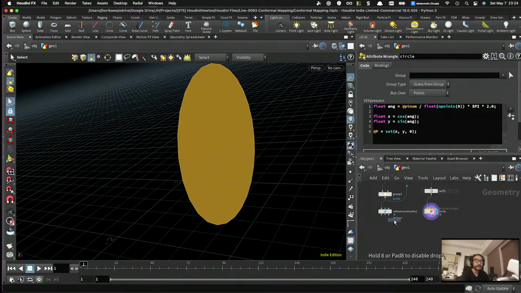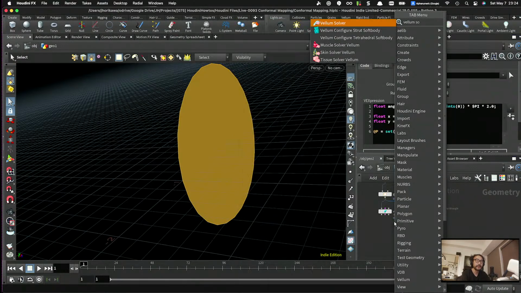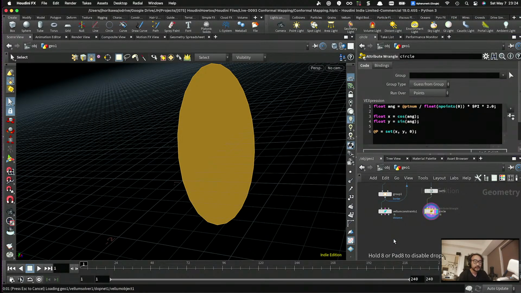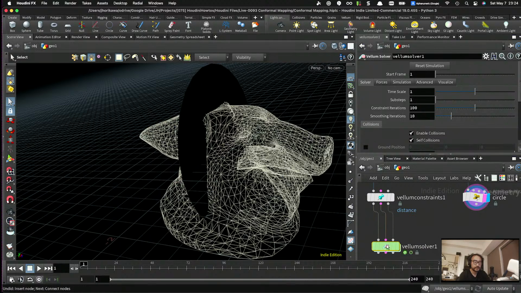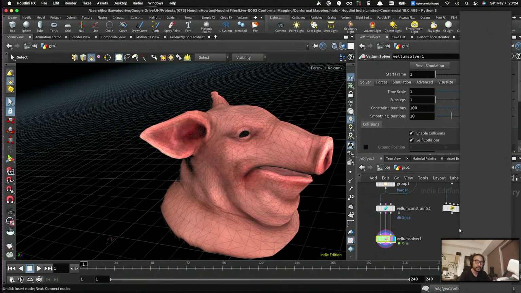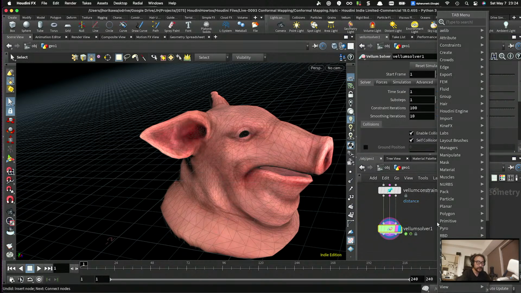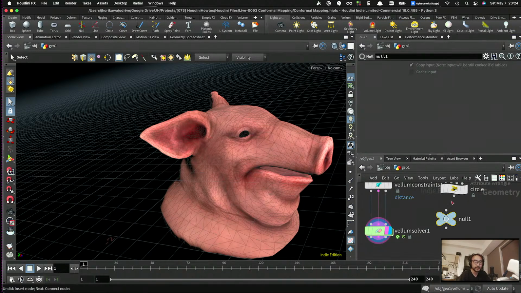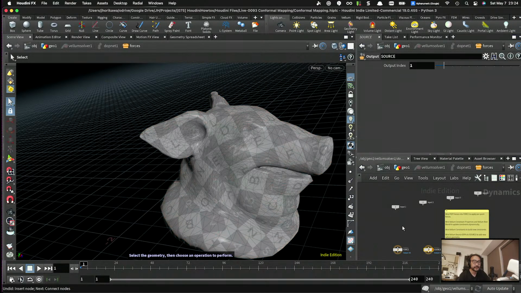So let's give a subsolver, I mean not the subsolver but the Vellum solver, and let's connect all these. Yes, and I'm going to read this circle information inside the Vellum solver by referring to a name. So let's name this boundary. Okay, let's go inside the subsolver